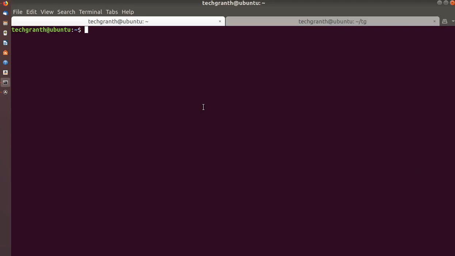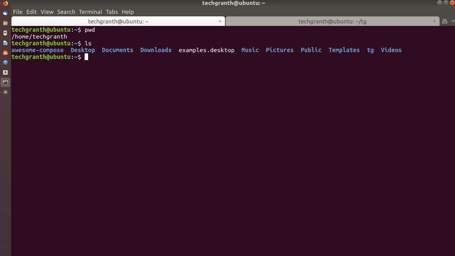So we are at a terminal where we have this home directory, /home/techgrun, and we also have this tg directory. First we will create a volume using this directory, and then we will use this location as a bind-mounted volume container.